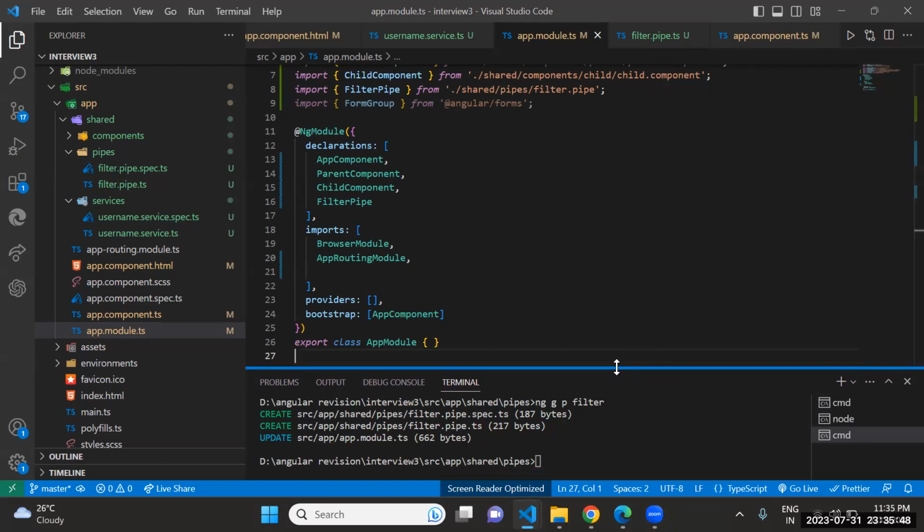How do you optimize the performance of an Angular application? We can improve Angular application performance with the help of services, two-way data binding, and components.